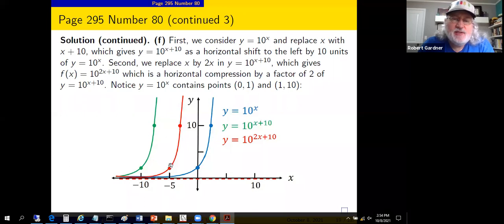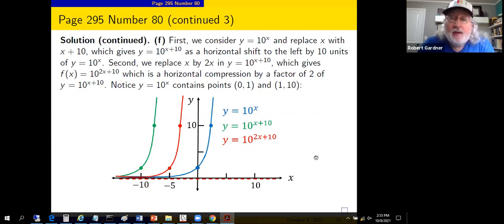And it's really hard to see that that's what's happened. It looks like we just shifted this thing to the right. That's not what we did. It's a compression. We've taken this distance from the green point to the y-axis and halved it. We've taken this point, this one's easier to deal with. It's distance -10 from the y-axis, and we've halved it to -5. So all these green points have been brought closer to the y-axis by a factor of 1/2. They've all been halved, and they're horizontal distances, remember. So that's why we get the horizontal compression